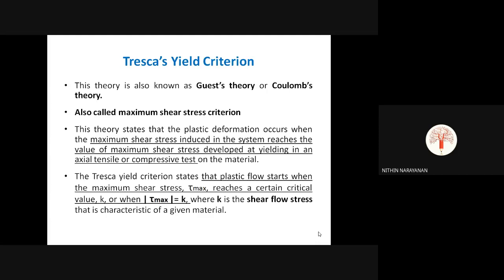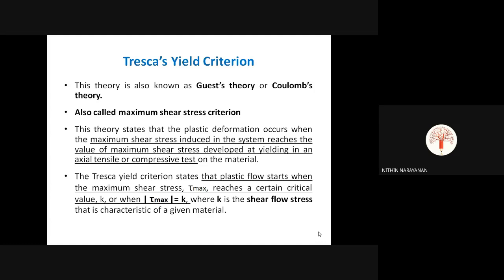The theory states that the plastic deformation occurs when the maximum shear stress induced in the system reaches the value of maximum shear stress developed at yielding in an axial tensile or compressive test on the material. Okay. In other words, it states that plastic flow starts,